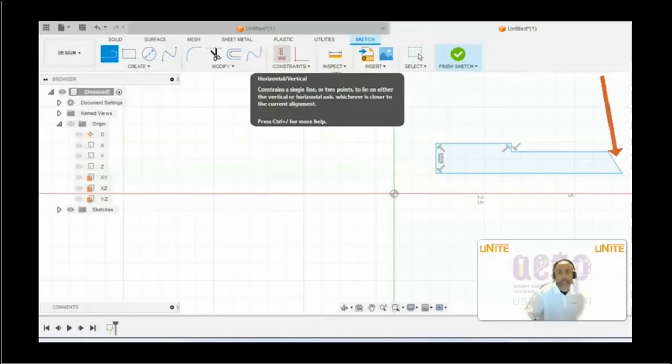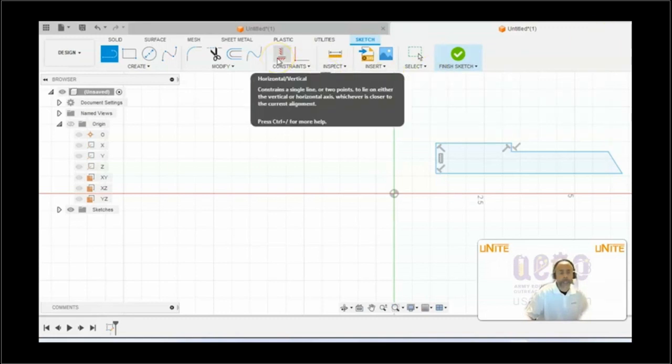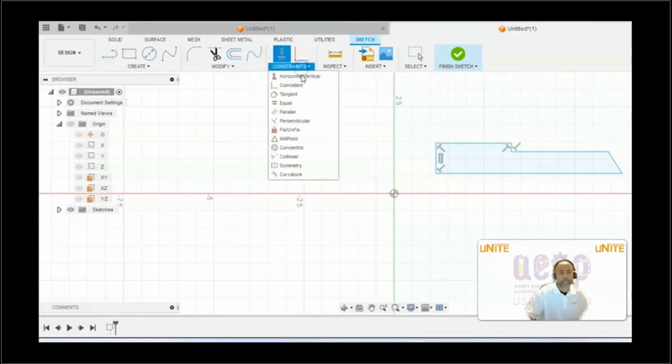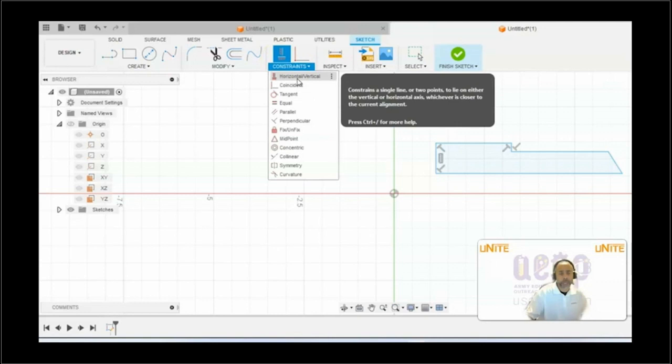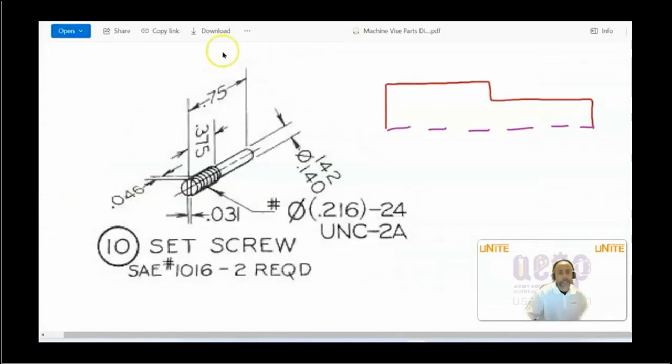This line here needs to be a vertical line. So if you had to draw it at an angle, you will go to your constraints and select horizontal vertical and click on this line to make sure that it is indeed a vertical line. If we look at the drawing, the length of this line will be